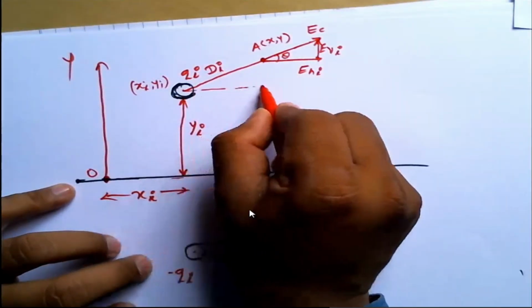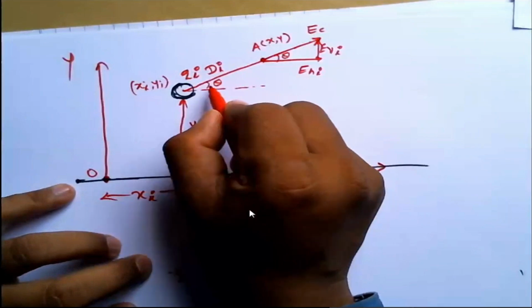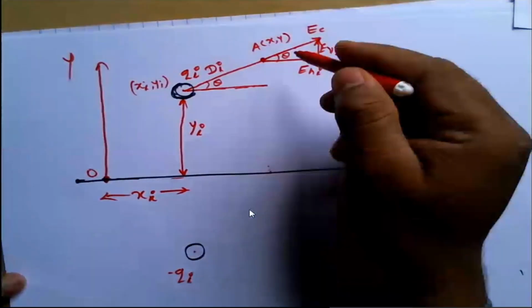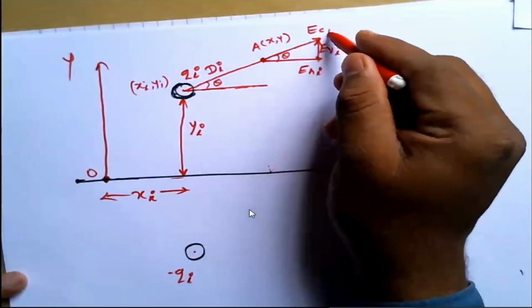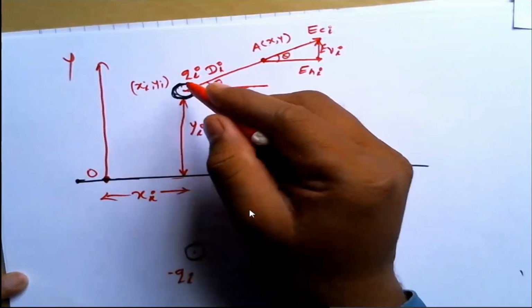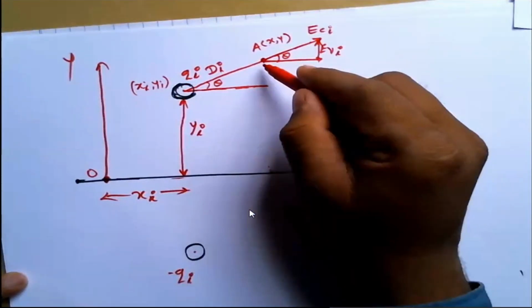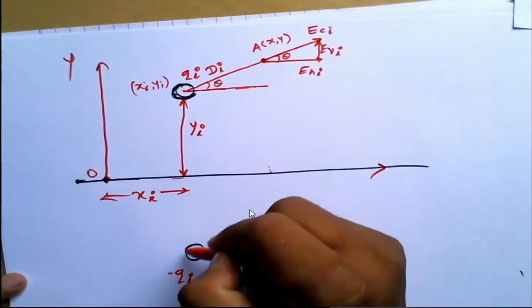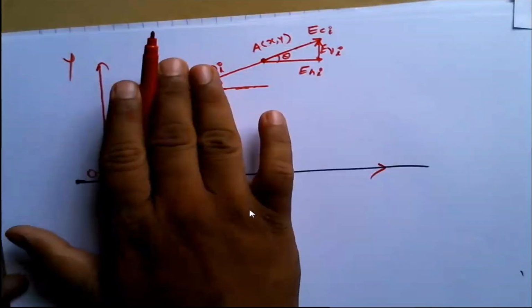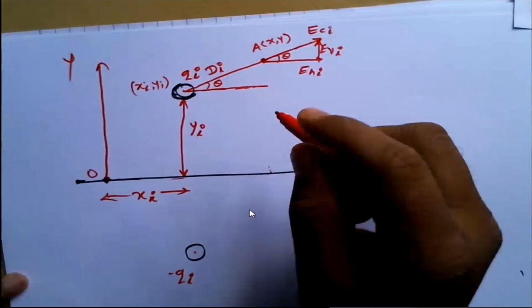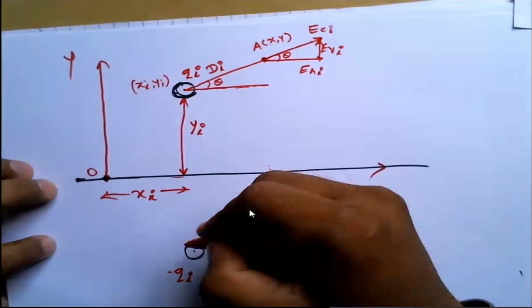Similarly, this is also theta. Now, आता ही जी ECI field आहे, it is due to positive charges, right? Again, at this point A, there is another field due to negative charges if we neglect the field due to positive charges. So let us say suppose